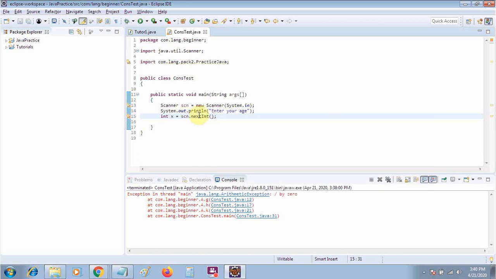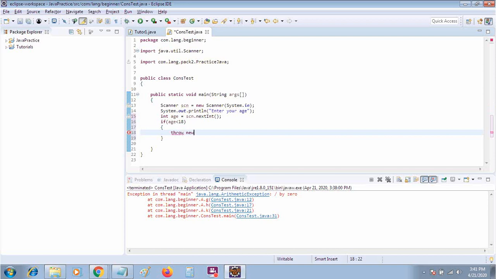Suppose I am taking the input from the user as a number, asking for the age. If age is less than 18, then I want to throw an exception. The exception will be like this: throw new.